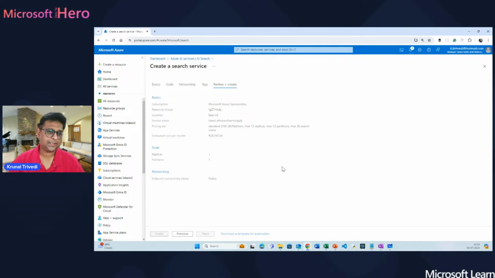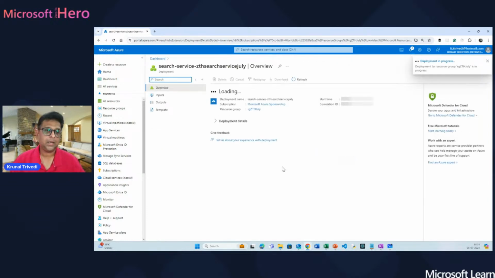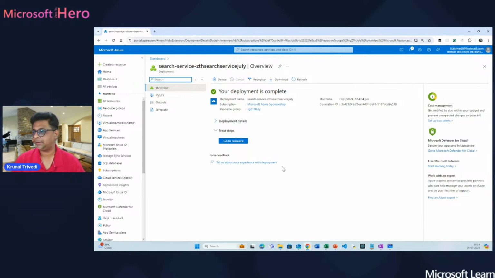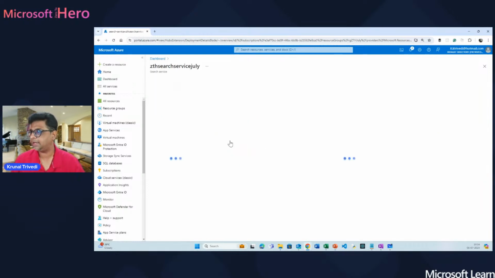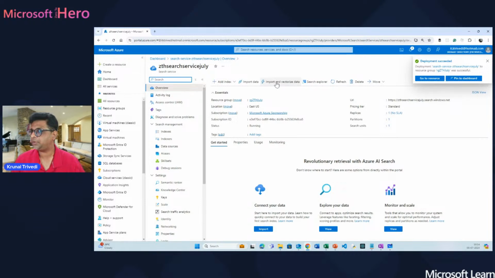So once this service is provisioned, we are going to connect our blob storage to this search service and prepare an index, right? And the index would be a vector index here. So if you see here, I just go to my Azure AI Search service, and we have this option here,